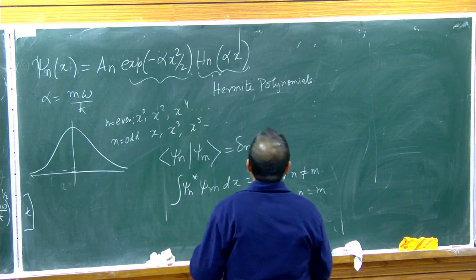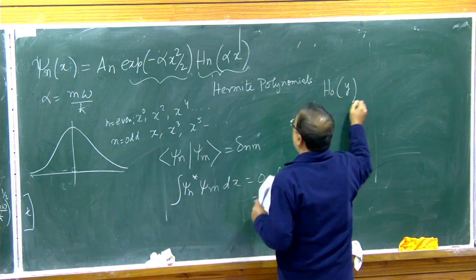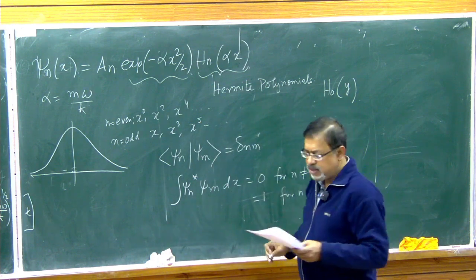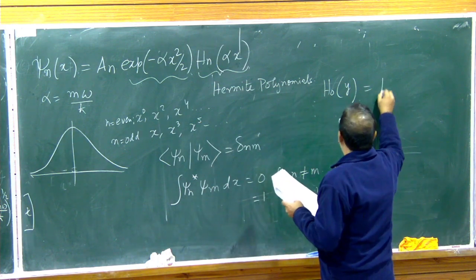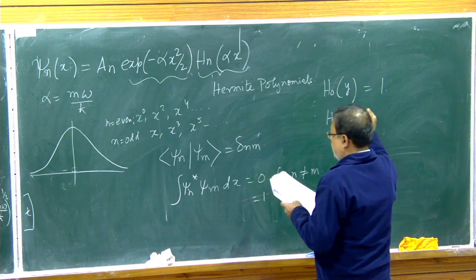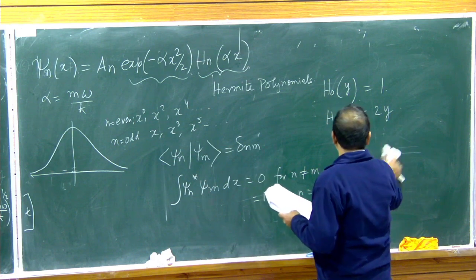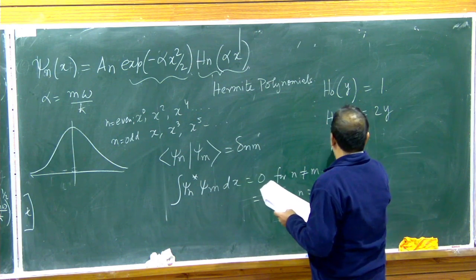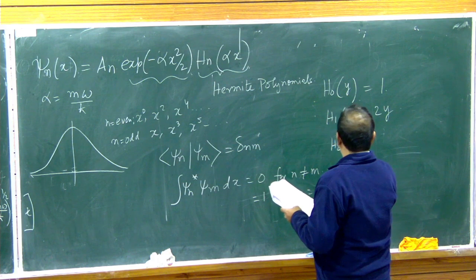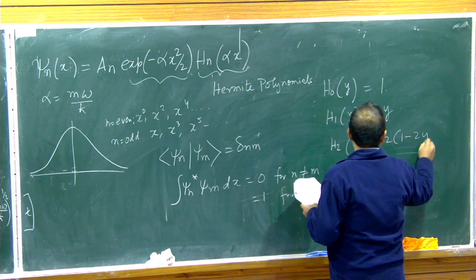For example, H0(y), where I'm calling alpha x equal to y, some variable, is equal to 1, H1(y) equal to 2y, H2(y) equal to minus 2 into 1 minus 2y square,